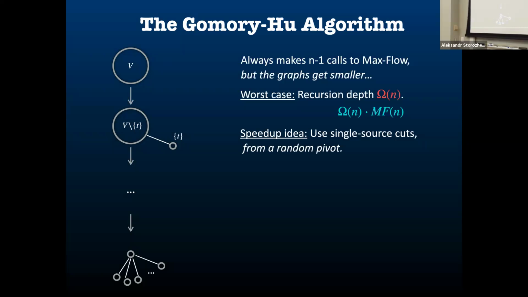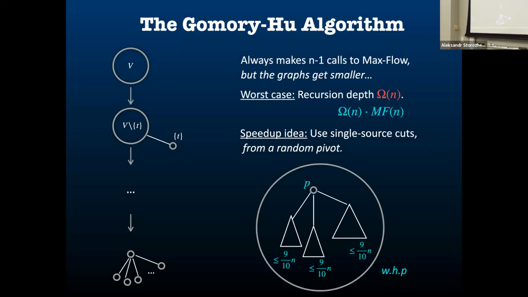So there are different notions of more cuts. One elegant notion is single source cuts. You pick a pivot node, a random node, and then you compute the minimum cut from that node to everybody. And somehow you organize them in some kind of structure. And so if you got all these cuts, then you can learn basically all the neighbors of that node in one shot. And moreover, for a random node, you will be guaranteed that it will be a constant fraction in each one. So if you keep doing this, picking a random node, finding all the single source cuts from that node, then after log n levels,